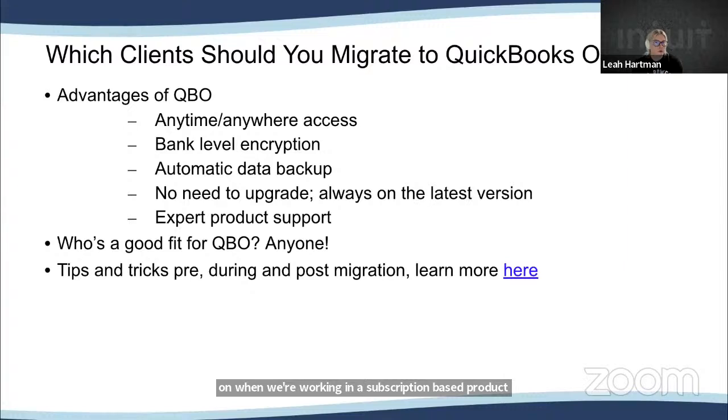Automatic data backup. Of course, we all know QuickBooks Online Advanced does come with a file backup and restore feature, but in the other versions, once you hit that save button, it's there to stay. And there's no need to upgrade or do patch installs, right? You always get the latest version when working in the online product. And you can upgrade and downgrade versions anytime, which is a difference compared to working in desktop. And we provide the support in addition. It's included in that monthly or annual fee, however you're paying it, or the client's paying it. Those are the advantages of working in QuickBooks Online.